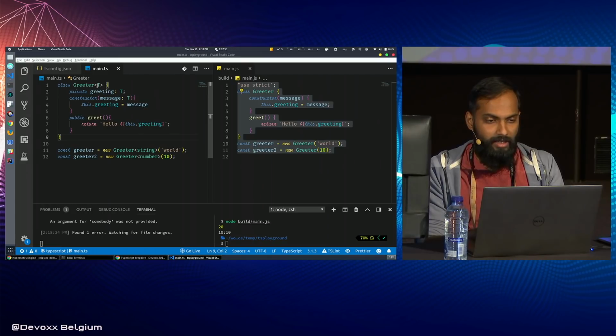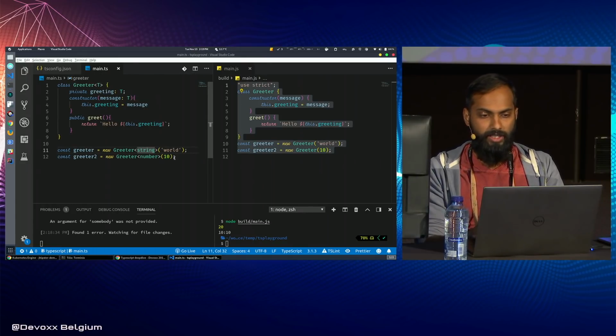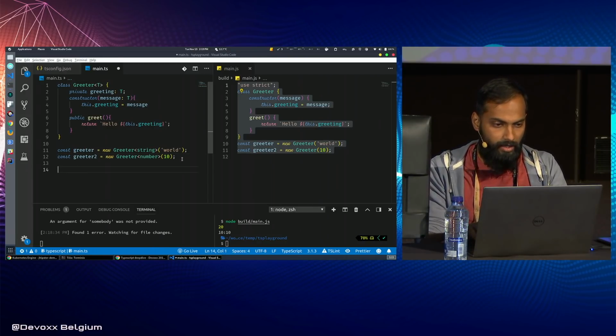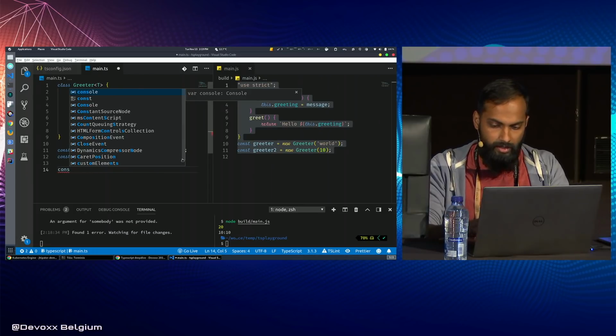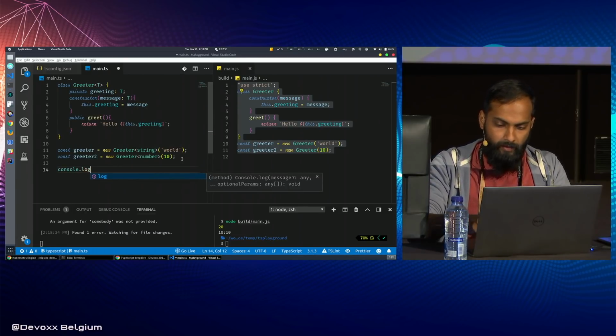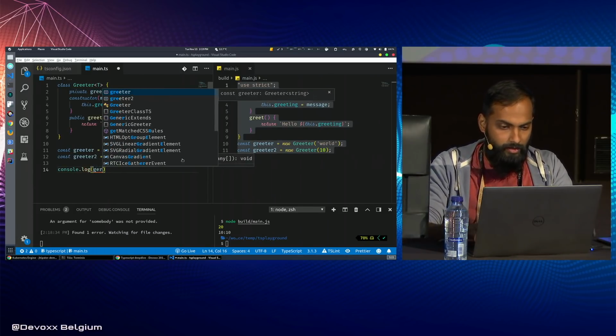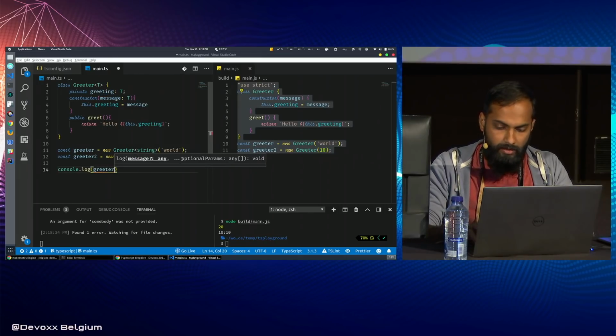So by having a generic, you can have these two usages where the first one is taking a string and the second one is taking a number. Both are quite valid, and you can say, let's greeter dot